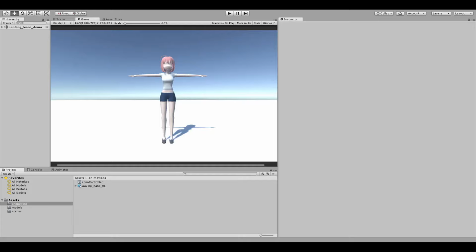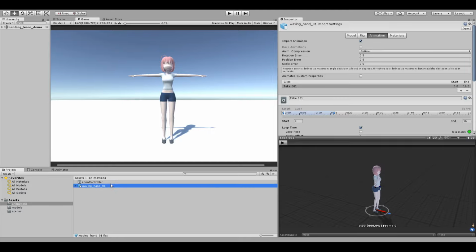In this video, I'll talk about how to fix a bending knees problem with humanoid setup in Unity. First of all, what is the problem I'm talking about? You finish your animation for humanoid setup outside Unity. You use Maya, 3ds Max, or Blender. You import your animation like this, and you check your animation preview,